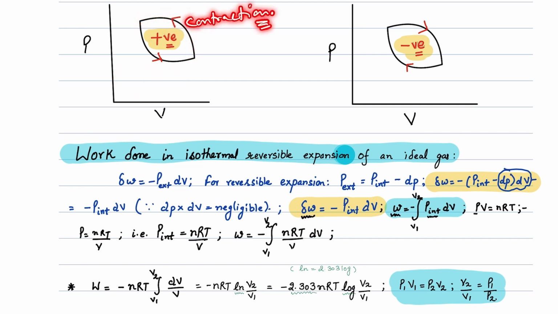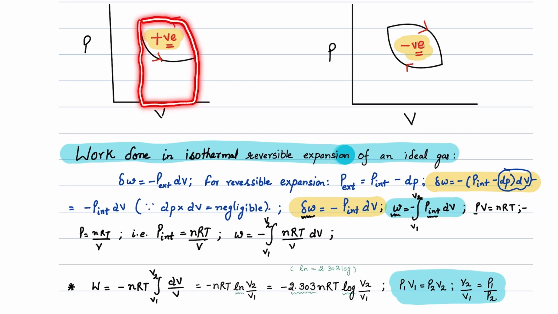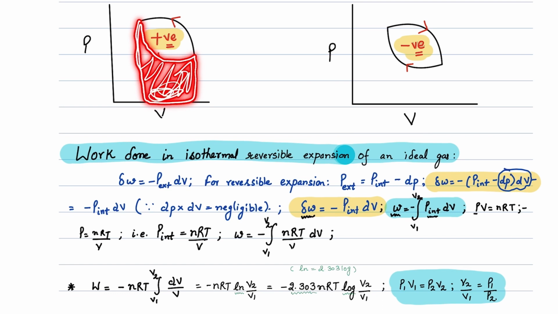So we know that the second line is moving from left to right, which means we are increasing the volume. That is an example of expansion. So the area covered under the contraction curve is greater as compared to the area covered under the expansion curve. So the overall answer will be